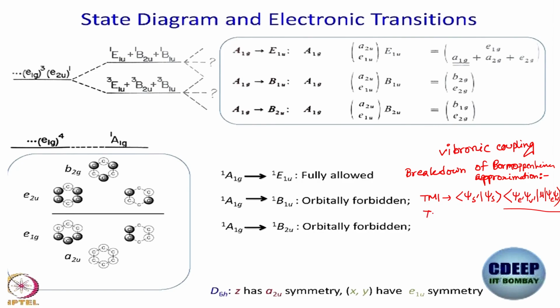For the TMI to be not zero, obviously we have talked about these being spin allowed, right? So now if they are spin allowed, we are only talking about the orbital part and vibronic coupling. So your psi E dash, psi V dash, mu, psi E double dash, psi V double dash should not be zero. And for that, your triple product should be A1G or contain A1G,